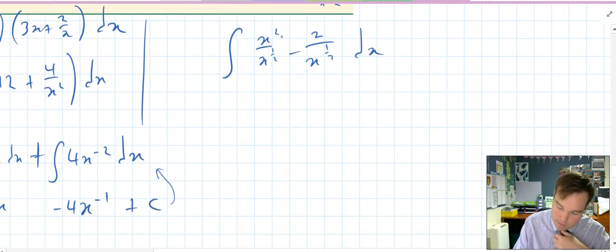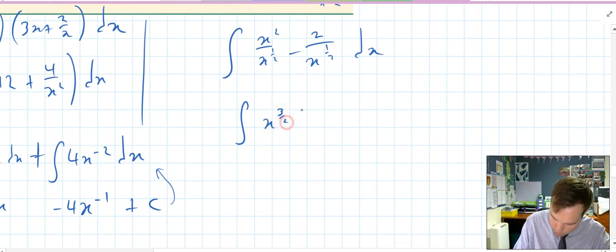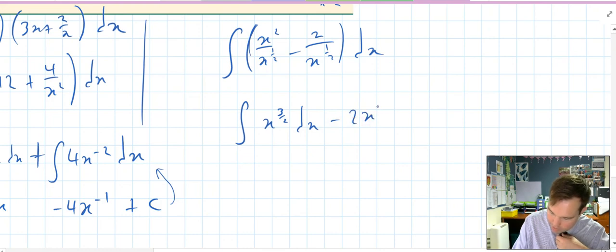Alright, here we subtract powers. So integral of 2 minus a half is x to the 3 on 2 dx. That should all have been in brackets. Minus 2x to the minus a half,